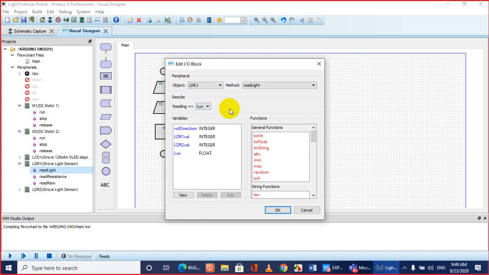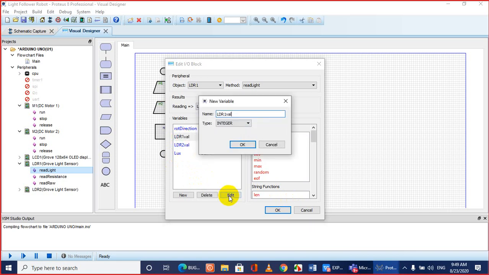I think we need to define, look over here, this value is float, so we need to change the nature of the variable LDR to float. Edit the variable, LDR edit, and change the value from integer to float, otherwise it will not accept.